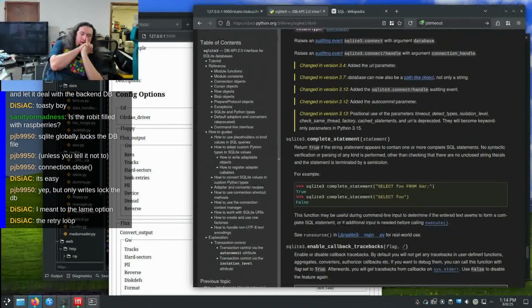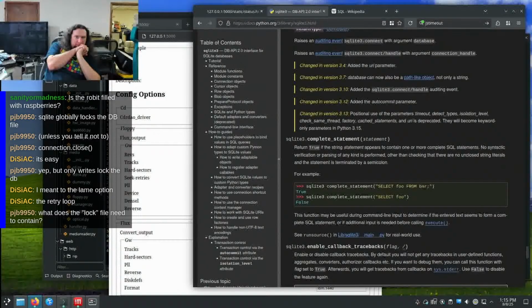The retry loop. Oh, yeah. I mean, I'm tempted. What does the lock file need to contain? So,